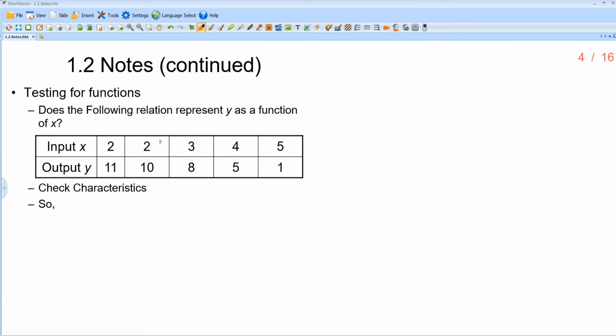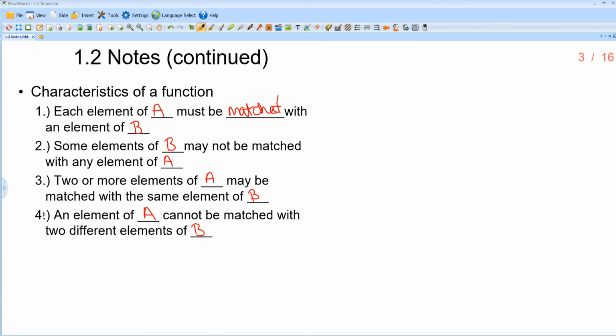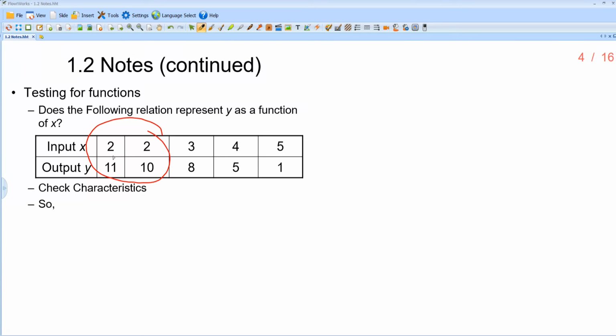Well, this right here presents an issue. Because in this fourth characteristic, we said an element of A cannot be matched with two different elements of B. And here we have an element in our input, 2, that's being matched to two different outputs. So we would say that this is not a function